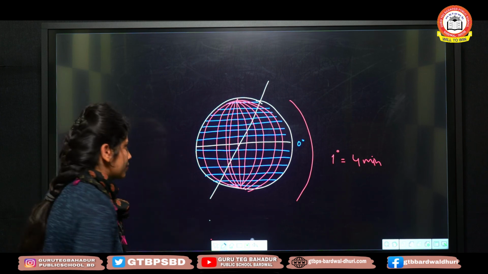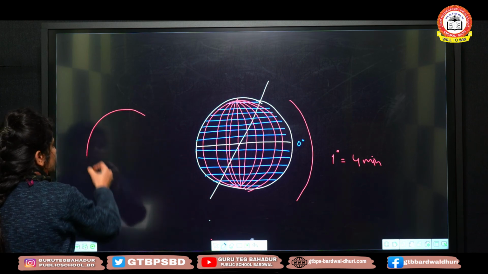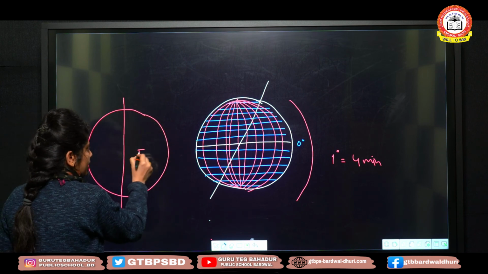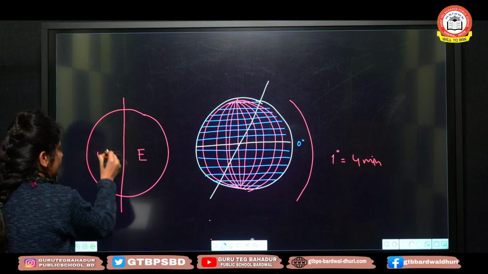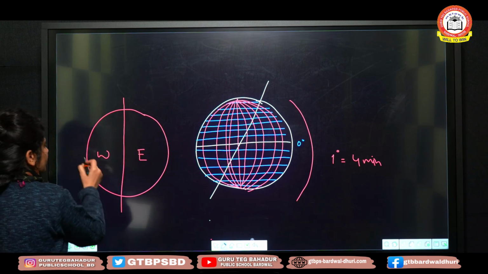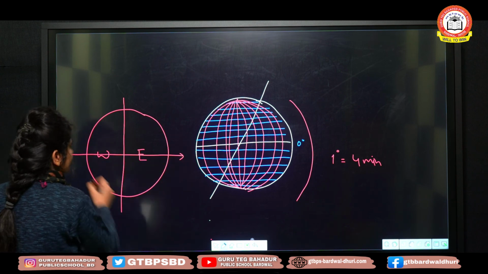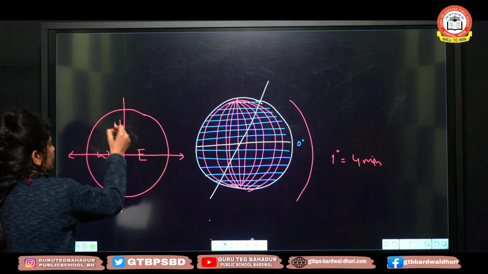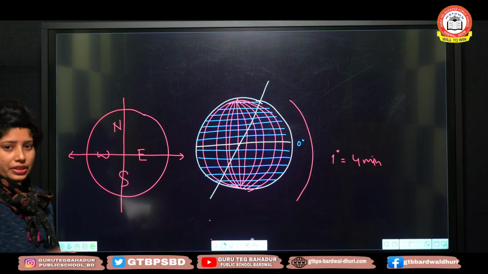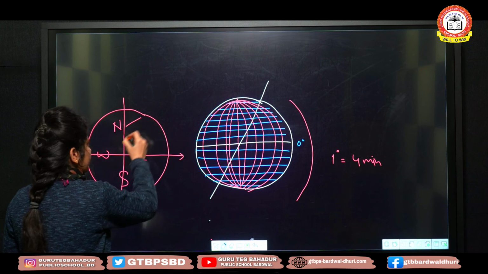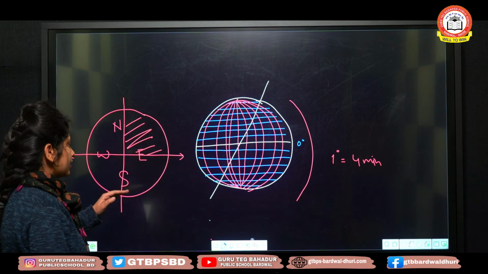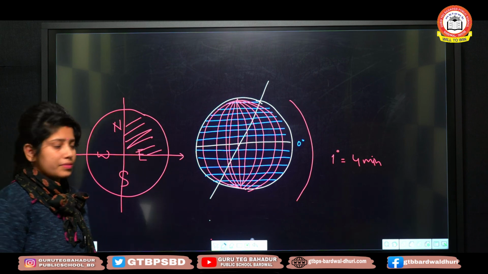Okay, what is a hemisphere? If this is a globe, divide it into two parts. This is the eastern hemisphere, this is the western hemisphere. Okay, and we further divide it like this also. This is the northern hemisphere and this is the southern hemisphere. Our country, that is India, is located in this quadrant, that is the eastern northern part.